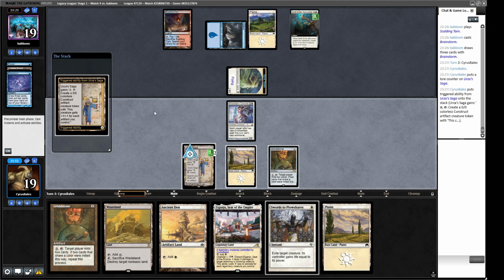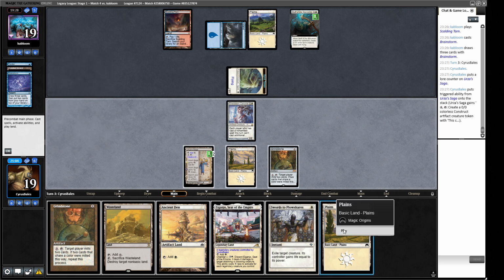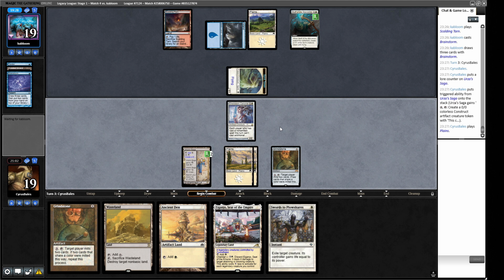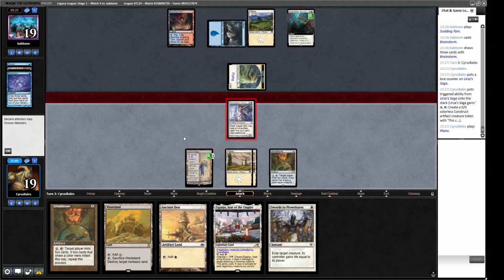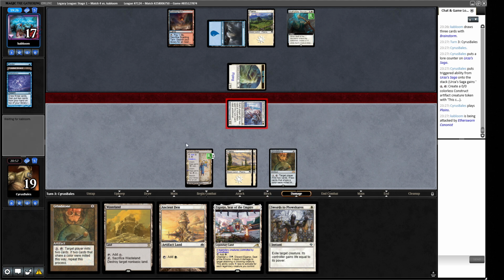Our opponent is representing 2 mana, which could be a Snapcaster Mage, which they could trade for our Ethersworn Canonist. I think we'll play out this Plains. I think I will go to attacks with the Canonist. So they want to trade a Snapcaster for our Canonist. That's not the end of the world. We didn't see Snapcasters before either, so...